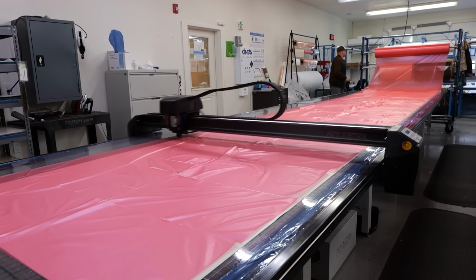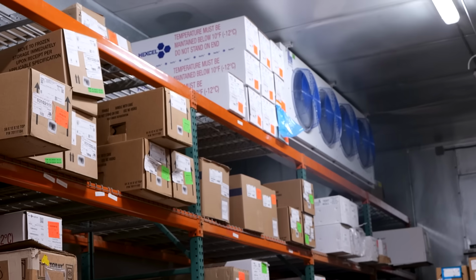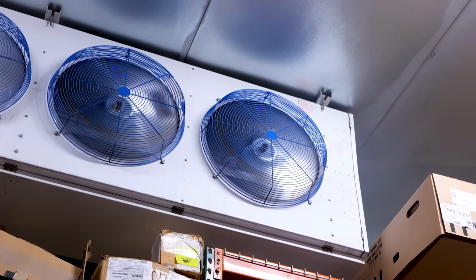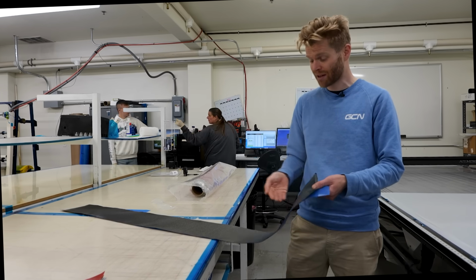The traditional technique uses pre-preg carbon. That's sheets of carbon fiber that has been pre-impregnated with an epoxy resin. The disadvantage with this kind of material is that it needs to be kept frozen, otherwise it goes off. So when it's being transported to the factory, it needs to be kept frozen, and then it needs to be kept frozen once it's here too. And that requires a lot of energy and also planning on how and when you use it, because it has